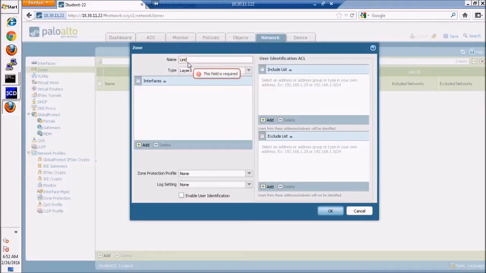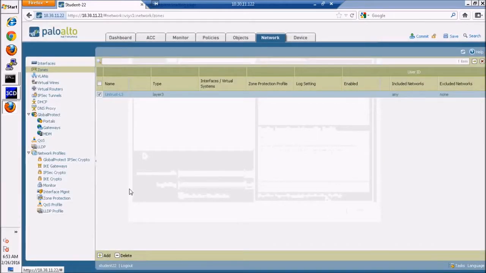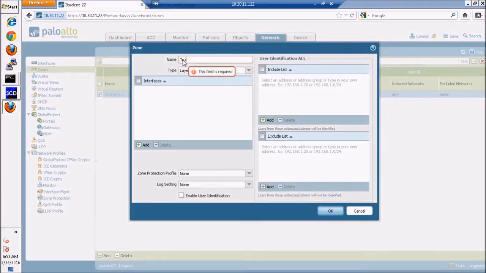Then let's configure first the untrust interface. As you can see, we do have a type in here, but we are going to use layer 3. Then just click OK. We need to add now the trust interface,